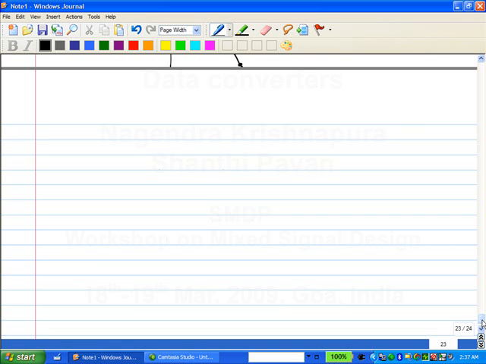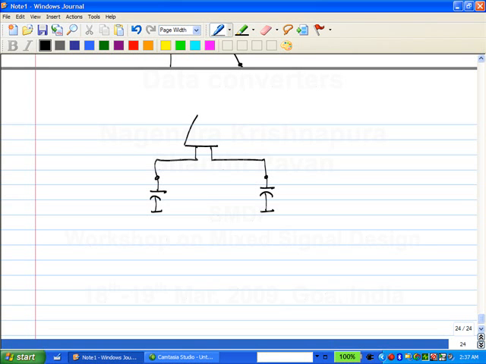So in other words, what we want to do is this is a symbol for a transconductor, correct? And this current is GM times VA minus VB. Alright. We also need a transconductor which is